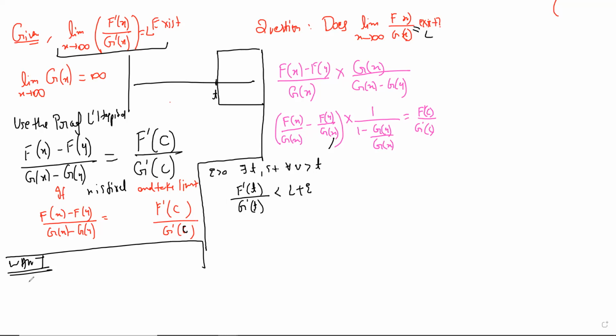So yeah, what we want is f t by g t to be less than L plus epsilon for all t bigger than some, we don't know what, some w maybe. Probably the same v will work. I don't know. Maybe not. Actually, no. But how can we use this? We can use this to replace this equation by